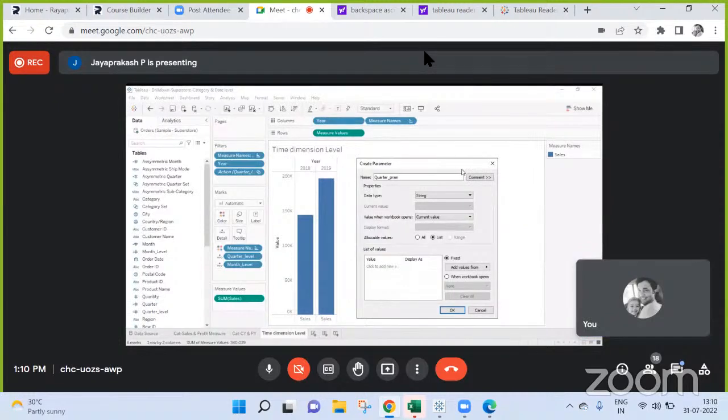Guys, anyone of you have any idea on this? When he selects anywhere in the sheet, it should take him to quarter.